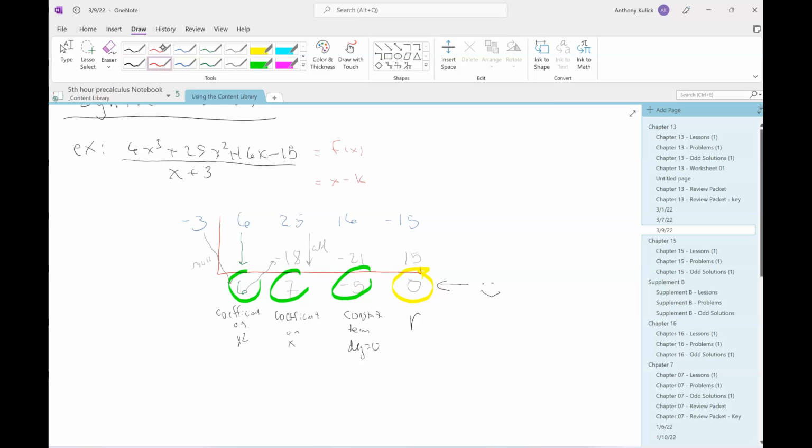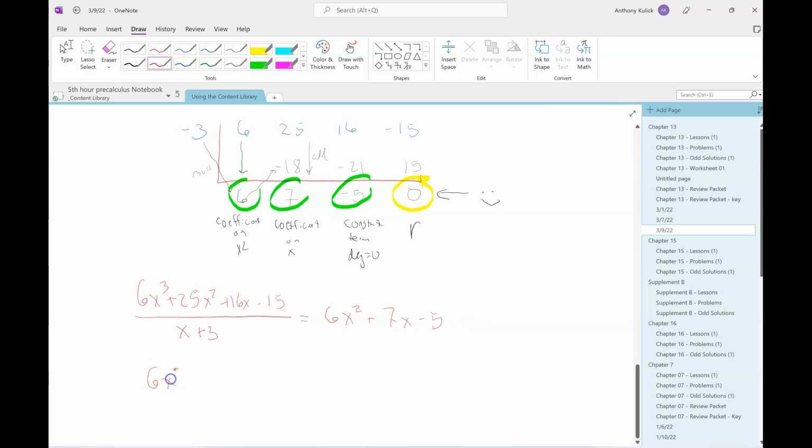So really what we're getting out of this is that 6x cubed plus 25x squared plus 16x minus 15 over x plus 3 is equal to 6x squared plus 7x minus 5, or in other words, if I multiply both sides by the x plus 3, we get the same thing we did before,